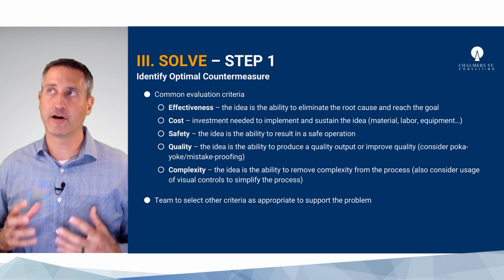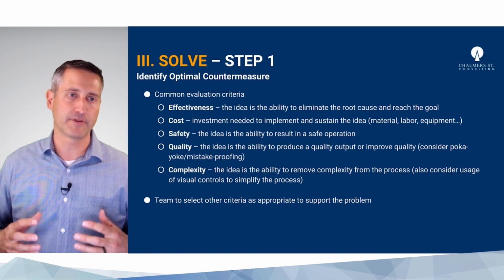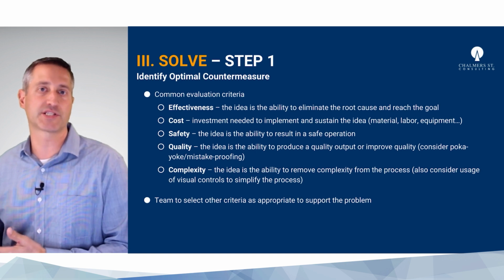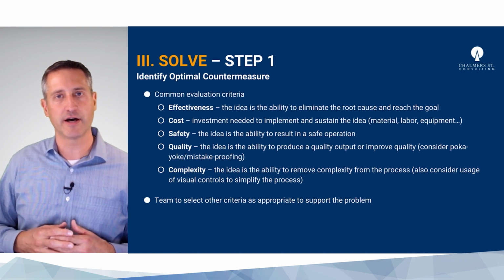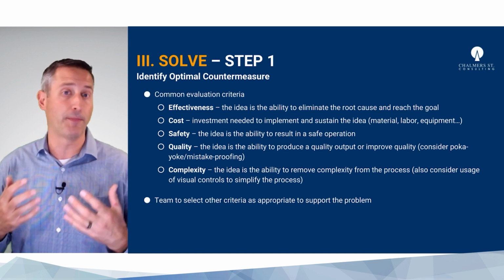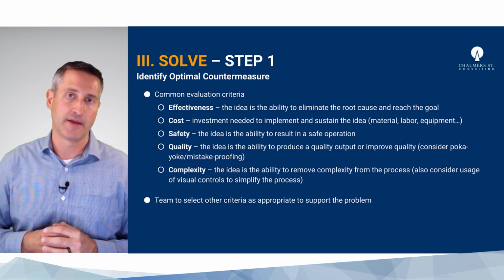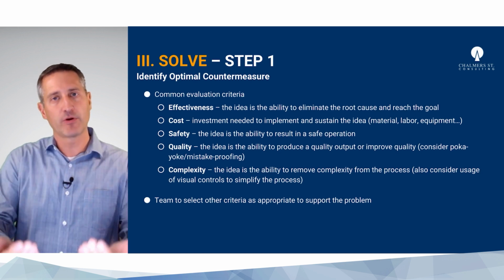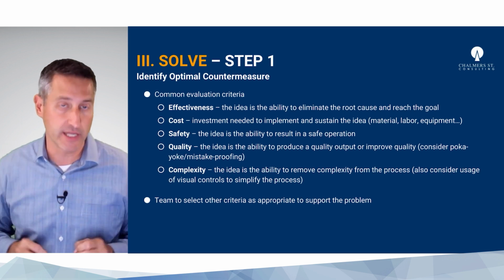So we want to find our optimal countermeasure. And there's a few things that we need to do that. We're going to need to come up with some evaluation criteria. We're going to need to come up with some solutions, and then we're going to need to select one of those solutions. In thinking through the evaluation criteria, this is a team effort, right? So what we want to recognize is there's no perfect solution, and we want the team to contribute their ideas. And we want to do that initially in a space without judgment, but then we want to have an agreement on, here's the criteria we're going to use to decide what optimal is, okay?